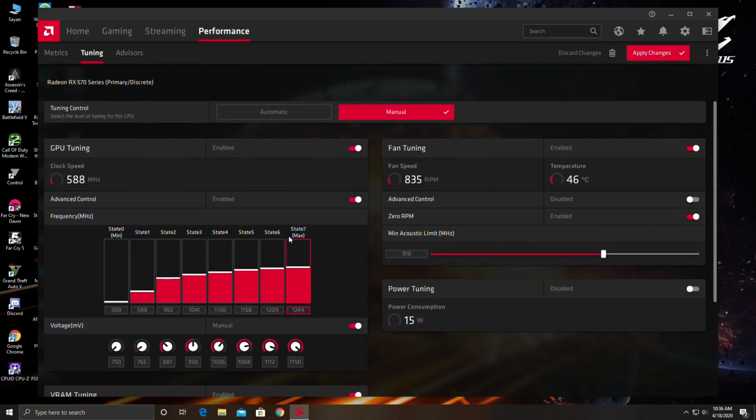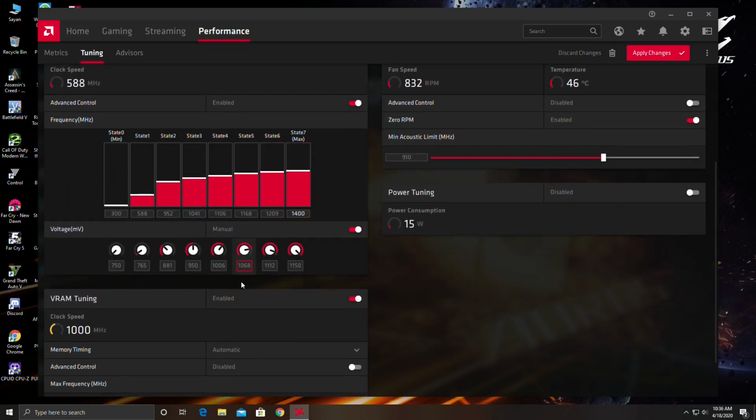Now I will show you the best and stable overclock for this graphics card. In my research I have found that 1400 MHz is the best and stable overclock you can achieve in this graphics card.